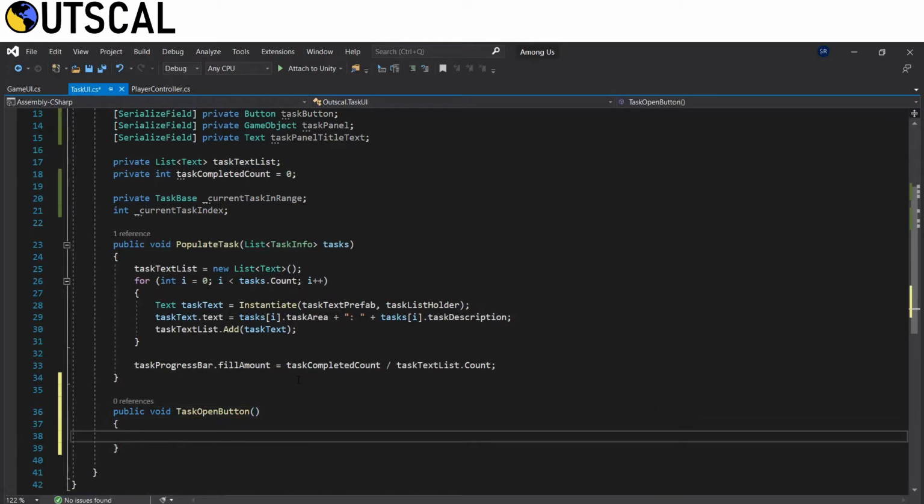Now create a public void task open button method.